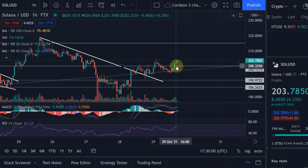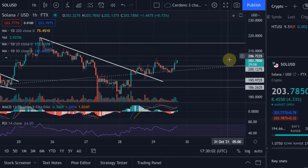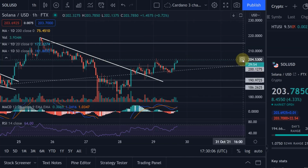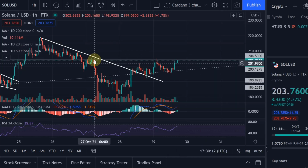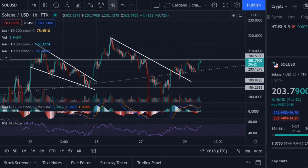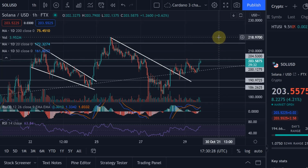Now with $200, that's not it. There's actually another resistance level which has come up in the last few days, which is that $204 level around which we are currently trading. You can see we've had a local high here, a local high here, and now we are pretty much at this level. I think if we can get through that, we can approach probably the 209, 210 level before we then go to 215 and higher, and the current all-time high is actually sitting